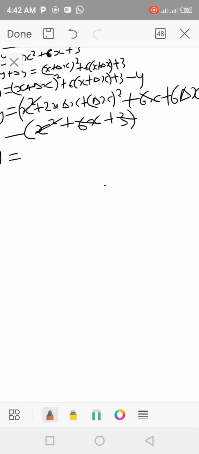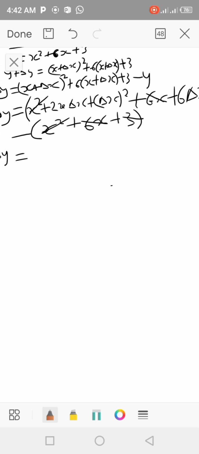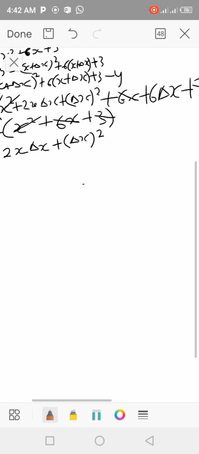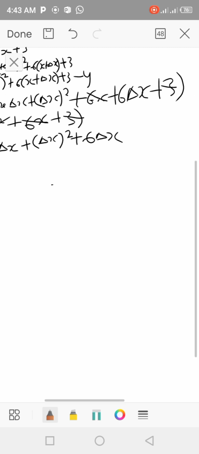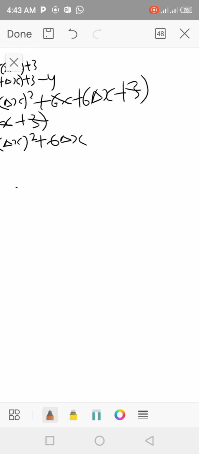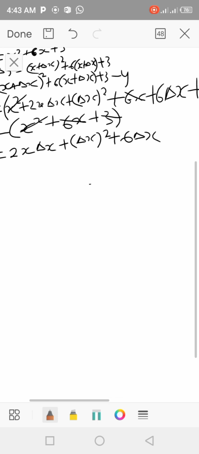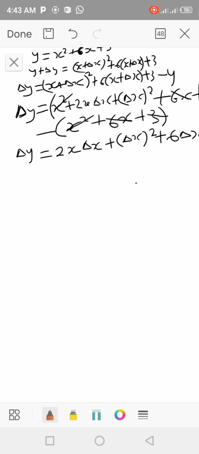So now we have 2x Δx plus (Δx) squared plus 6 Δx. So that's all. So now we want to find